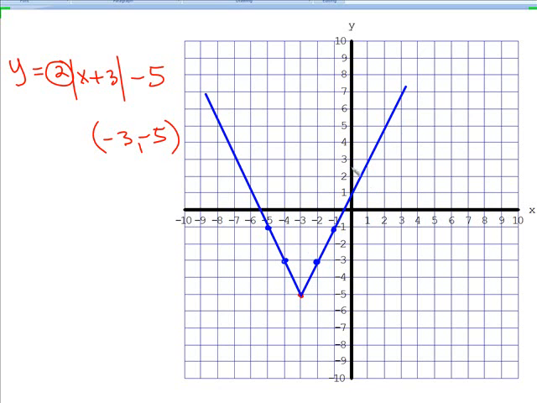Now you notice here, we could keep on repeating this process of going over 1 and up 2, because the absolute value function is linear on the right side and on the left side. That's an important concept to keep in mind. An absolute value function is linear. You notice it's a straight line here. Now, as we move on to today's lesson,